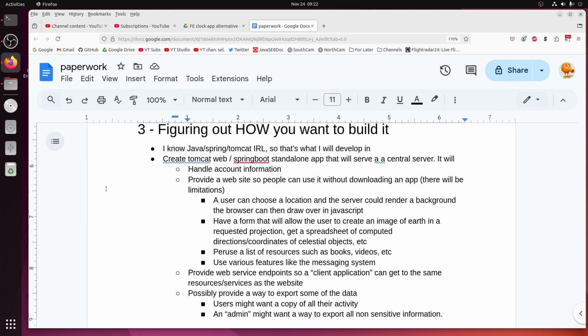I don't want the browser to be constantly hitting the server and having the server render a background, for example. So there's going to be certain limitations in how the web browser will end up querying the server. And then I would end up using JavaScript to render certain features on top of it, such as the orientation of the clock hands. For extra functionality and usability, maybe have a separate web form somewhere that people can choose